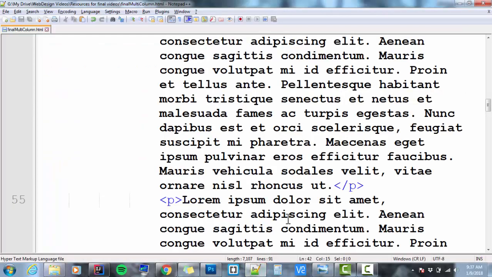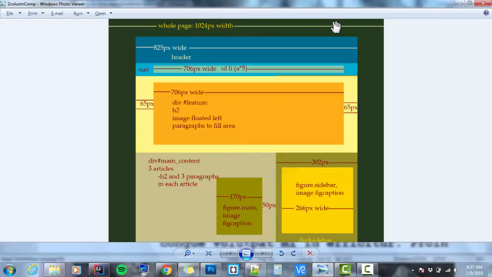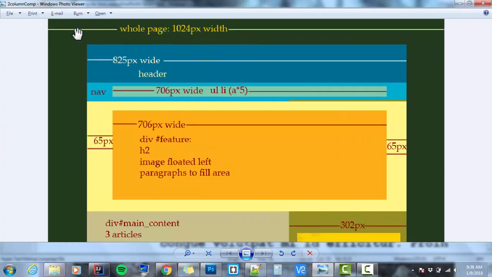All right, you're back. That means you probably have all of your content filled out in your web pages, and now we're going to go about resizing things and getting this laid out into the 2-column layout that we want. First thing that we need to address is resizing things. If we look at our comp, there are specific sizes for the web page. It says that the whole page width of my comp was 1024 pixels wide. Okay, that's the whole width of this image page. Now, it says that the wrapper is going to be 825 pixels wide. Well, it says specifically the header is, but our whole page here, which is going to be in a wrapper,